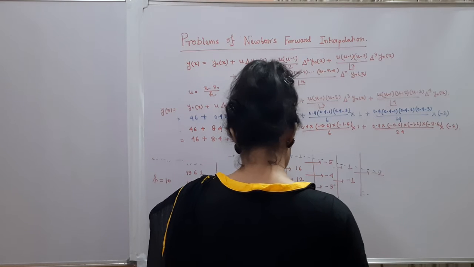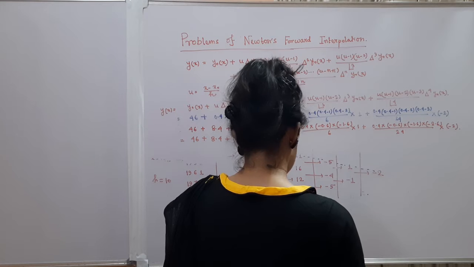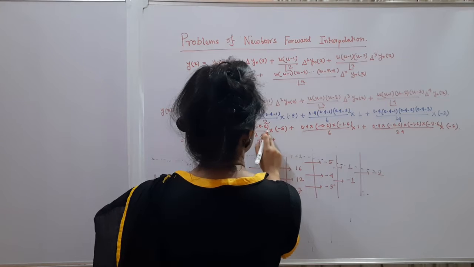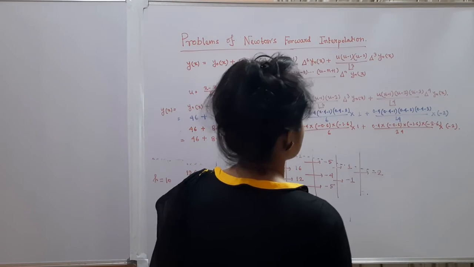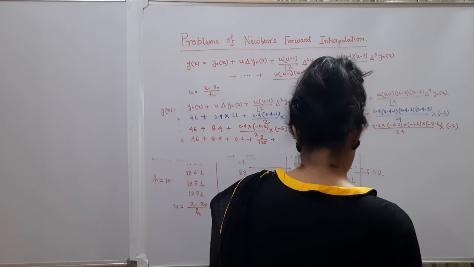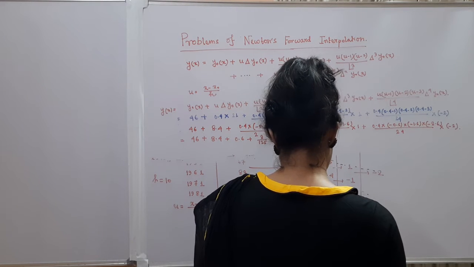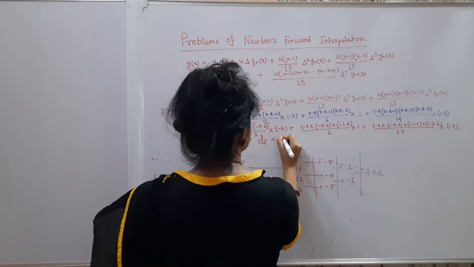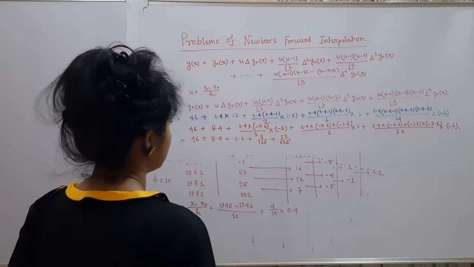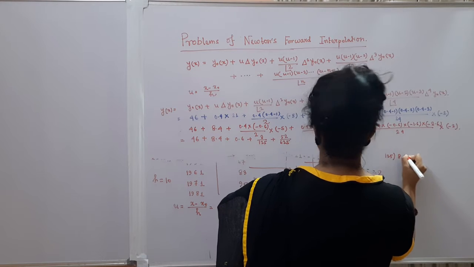and here is 0.4 into 0.6 into 1.6 plus 1.6 into 2.6 into 2 divided by 24. So that is 52 by 625. This is according to the calculator. Now 125 by 8 is,